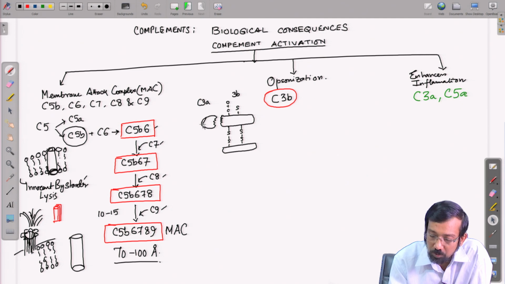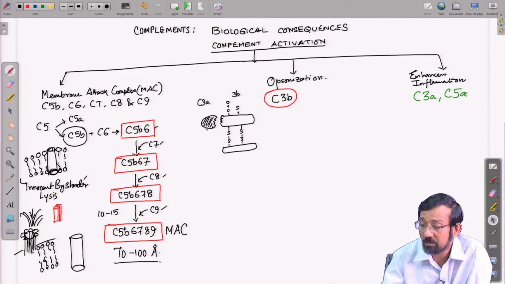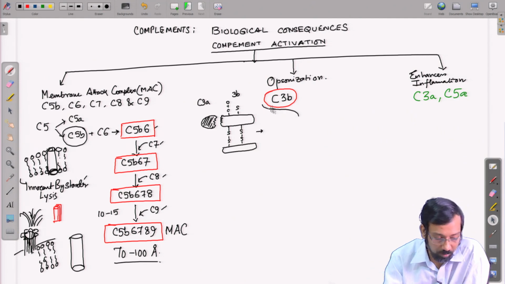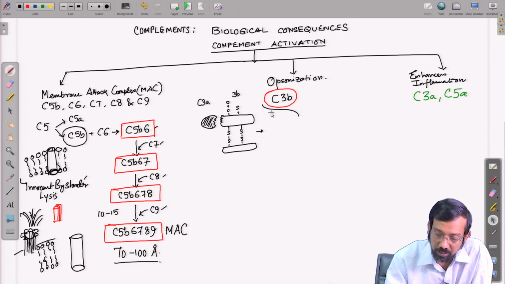This portion is the C3a, which is the soluble part, and this remains soluble while the C3b remains bound to the membrane. How? Consider this as the membrane. It reacts with the free hydroxyl or the amine groups, and it can remain bound